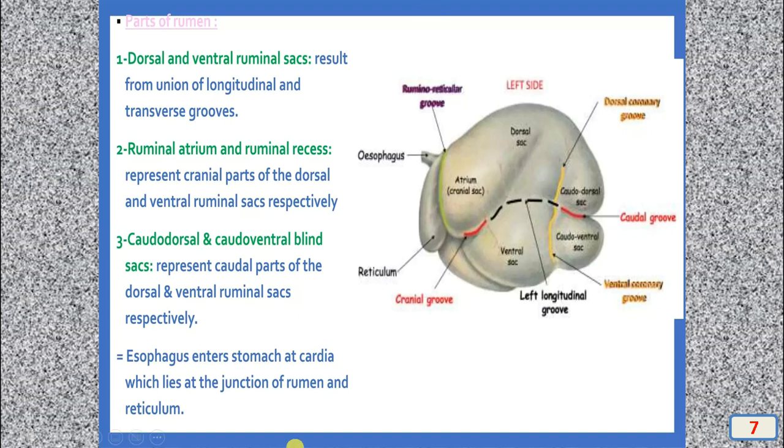So this is the left side of the rumen, where we stand and palpate the rumen. The dorsal coronary groove, and this is the caudodorsal sac, and the anterior or cranial sac. Downwards is the ventral sac, and the upper one is the dorsal sac. This is the left longitudinal groove, and all these are the demarcations of the rumen, which is a very hollow